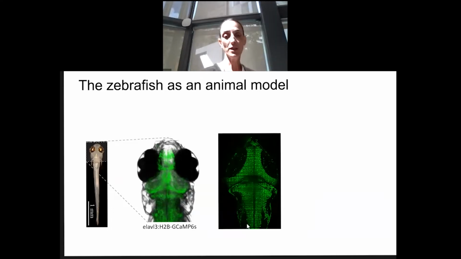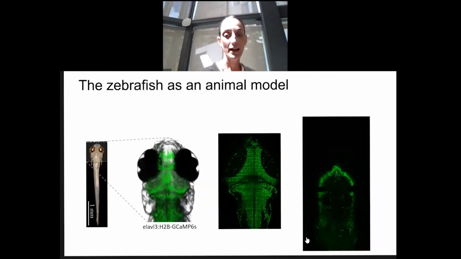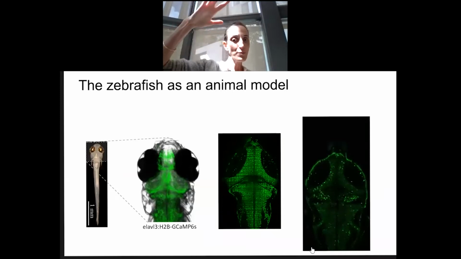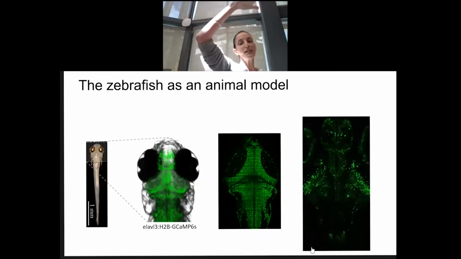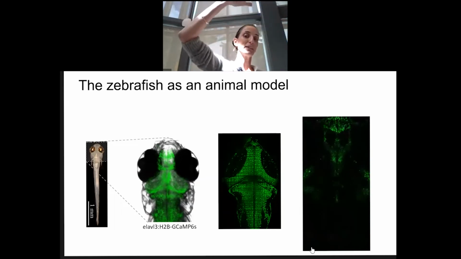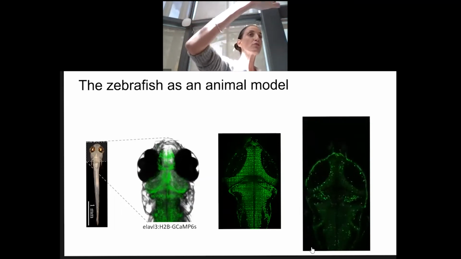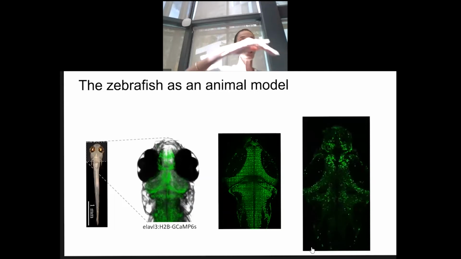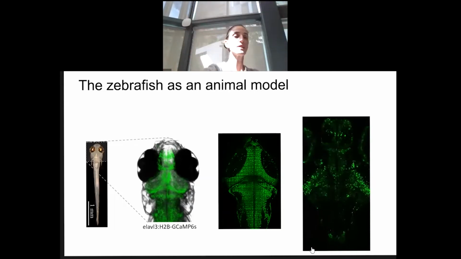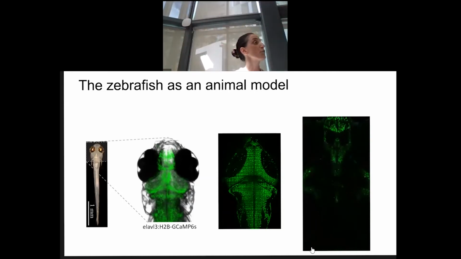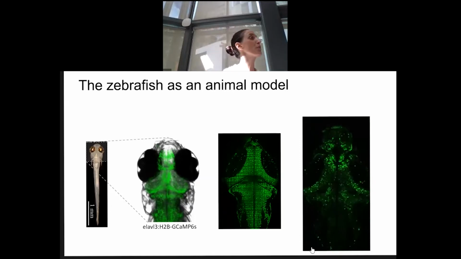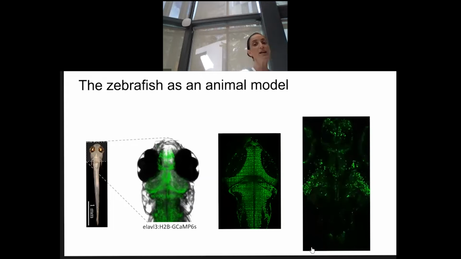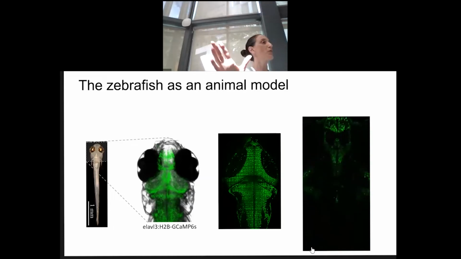And in addition, we can have a trip going into the deep, like we are imaging through the volume of the brain, and we are looking at all of the neurons in the fish brain. Okay, so in this fish brain, there's about 100,000 neurons. Okay, and we are able to record all of them.